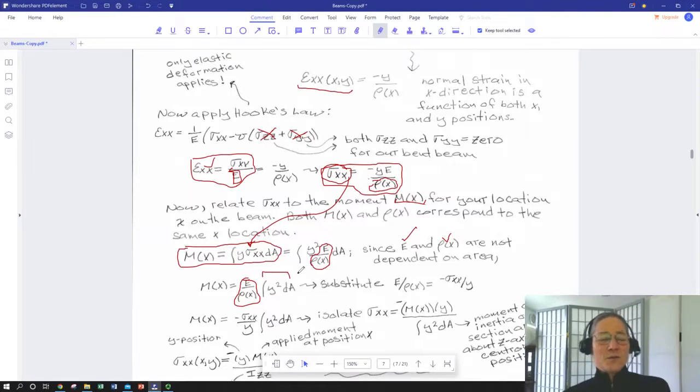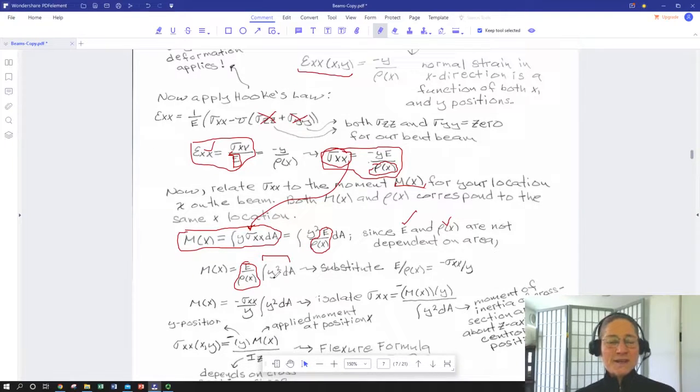Now, for anyone who is remembering dynamics, you might remember that this is something familiar. This ends up being a moment of inertia, the IZZ, so we'll revisit that. But first,